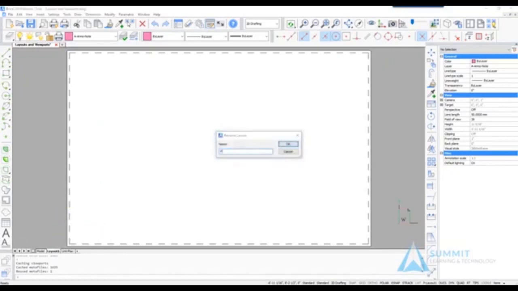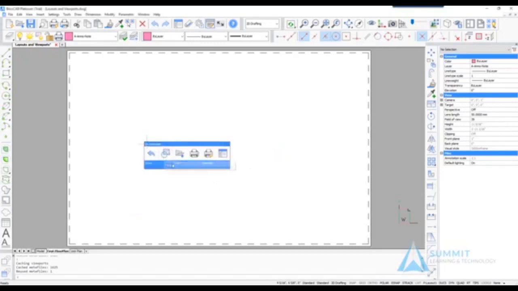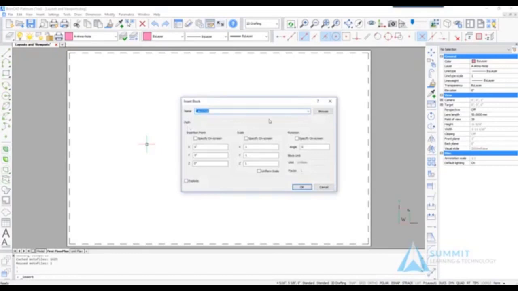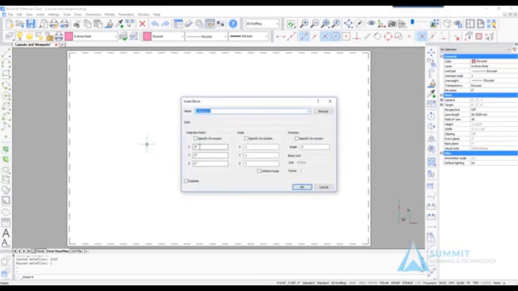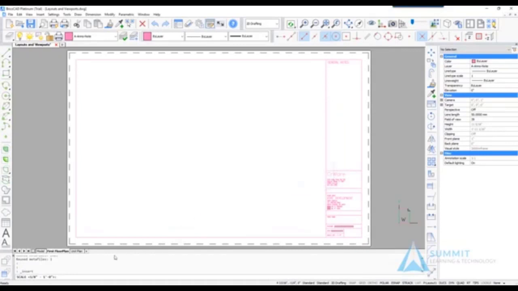Activating Layout 1, the first thing I'm going to do is rename the layout. We'll call this First Floor Plan. Then we'll execute the insert command and select the title block B, making sure the specify on-screen options are all unchecked, and we'll enter 3/8 for the X and Y value for the insertion point. That's going to place the title block 3/8 of an inch to the left and up from the lower left